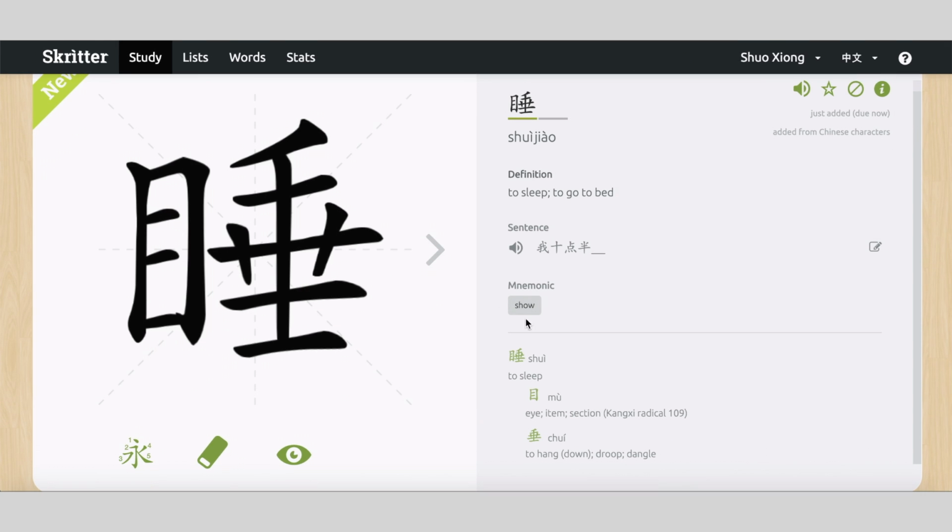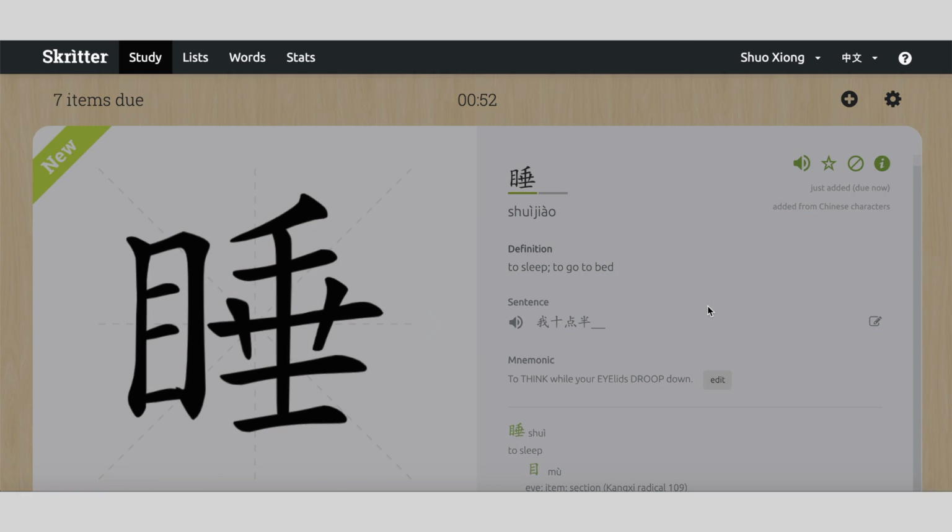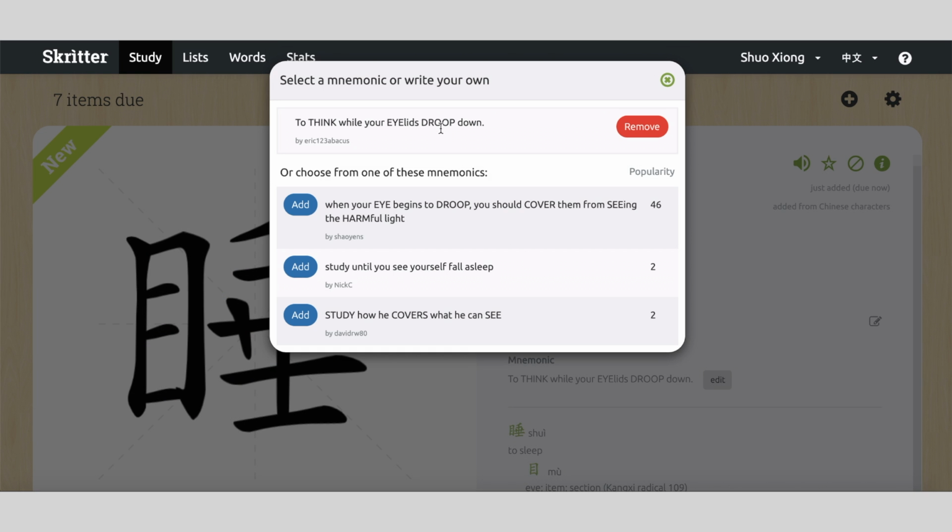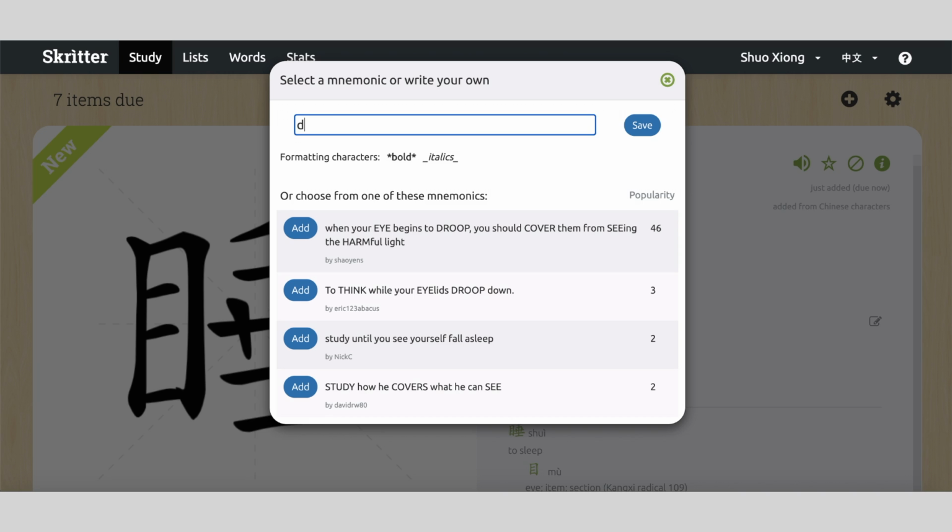It already gives you a hint or memory hook. If you don't like it, you can change the mnemonic by hitting the edit button. You can type down your own words here. Or if you're not a person with great imagination, you can choose one of the mnemonics which were created by